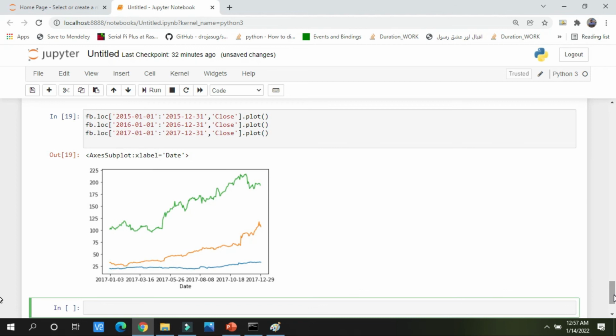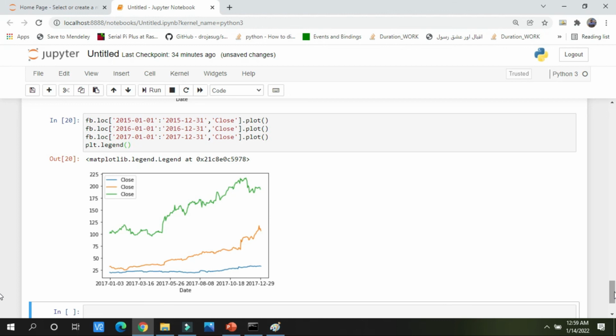You can see all the data is plotted. The data of 2015, 16 and 17 are all plotted on the same graph. The blue part is the closing price of 2015. In 2016 there is the orange line, and for 2017 there is the green line.